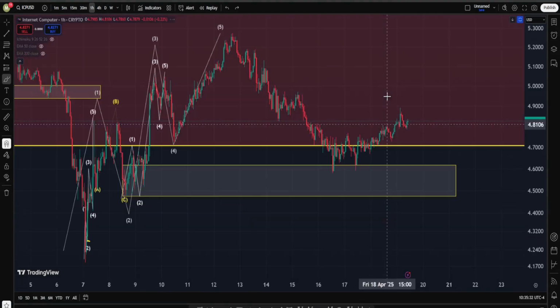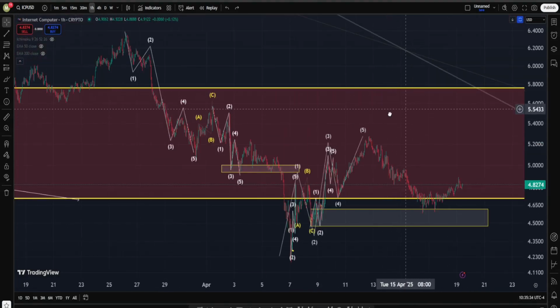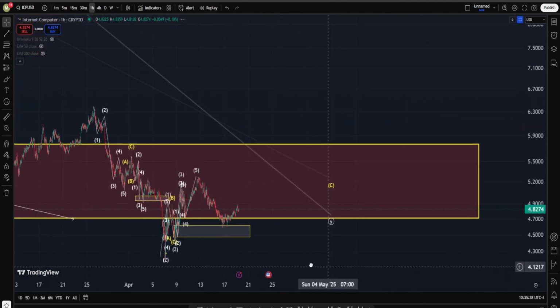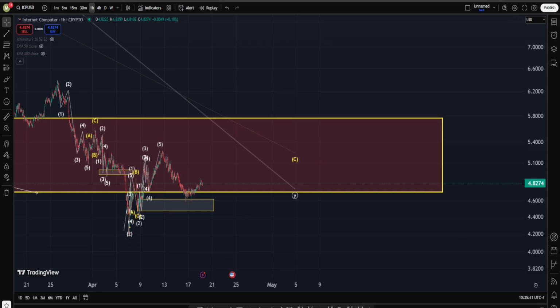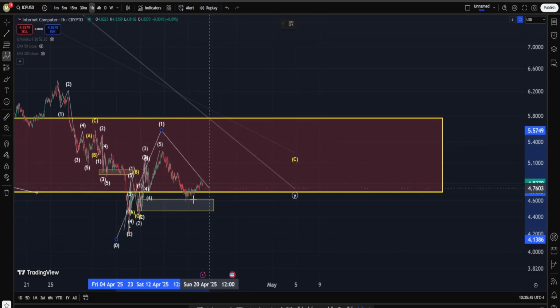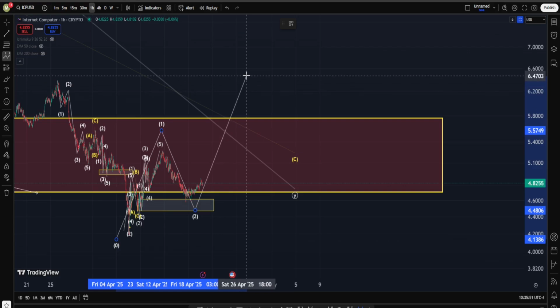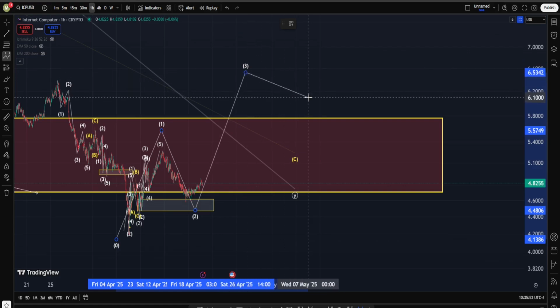because on a higher degree there is a chance that in ICP we're going to have either a 1 2 3 4 5 wave impulsive structure up, something like this. This is 1 2 3 4 5 into a wave 1, correction for wave 2. And what's going to happen if this scenario is in play? Well, we are going to get, after our wave 2 is over, a decent move up into wave 3